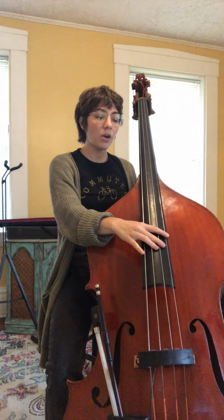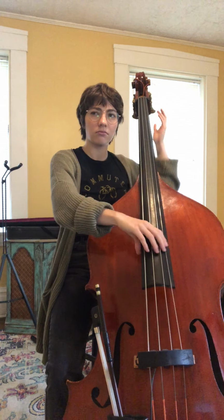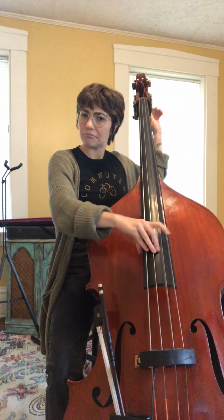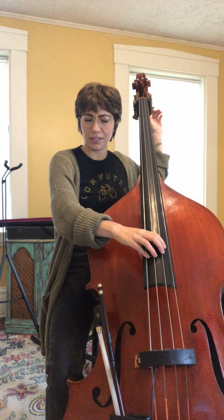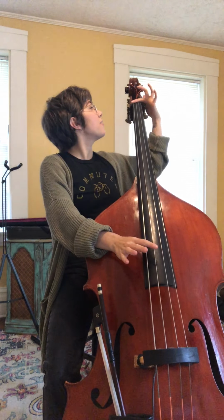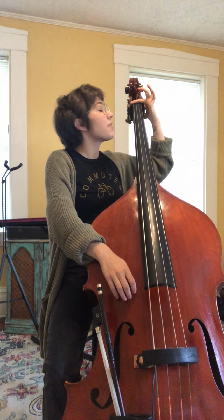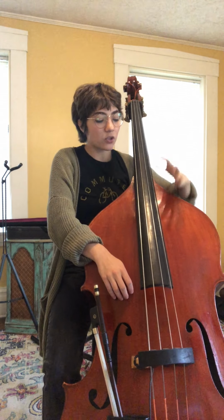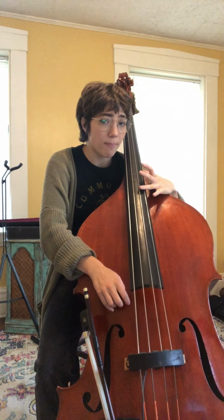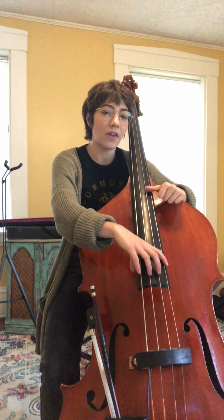So we know that we've got open G, D, A, E. Make sure your bass is in tune, because mine is not. So we're going to pretend that this part of our bass, this is called the nut, is right here where our octave harmonic is. So we're pretending that when we put our thumb here on that octave harmonic,